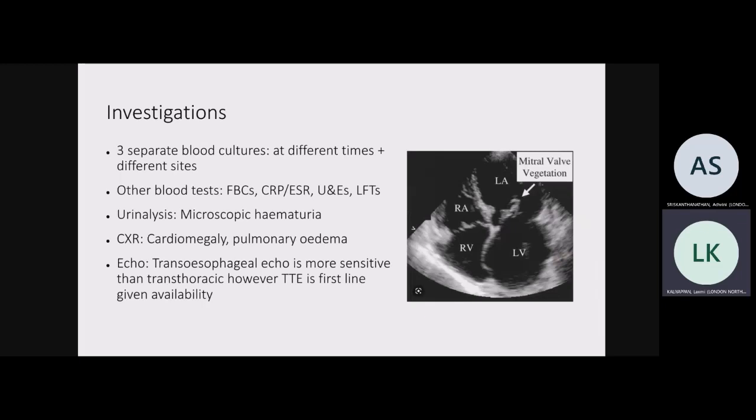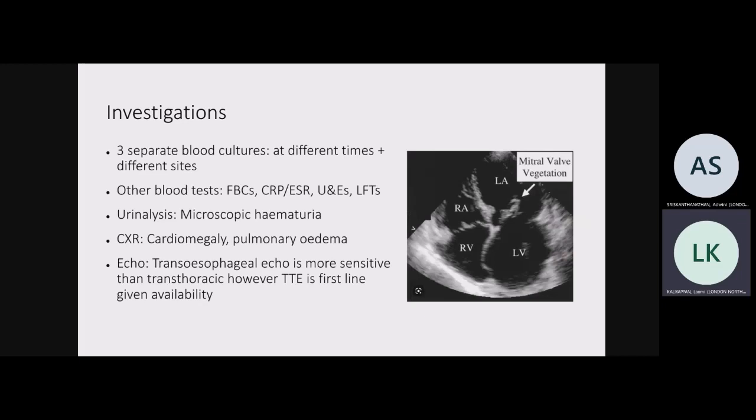Other blood tests you can do include your general full blood count, CRP, using these LFTs to get a baseline picture. Urinalysis or urine dip might show microscopic blood in the urine. Chest x-ray, again, they can be in pulmonary edema or show cardiomegaly, but echo is the most sensitive test to